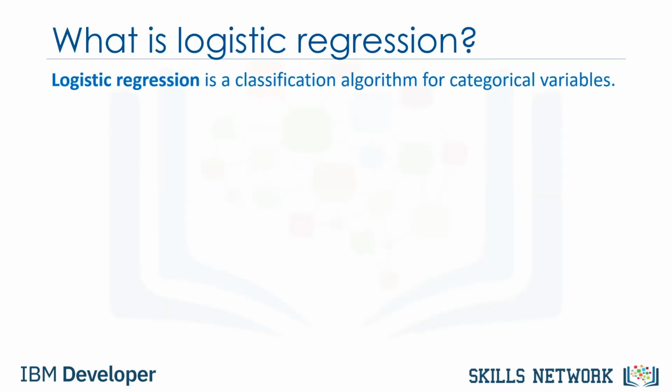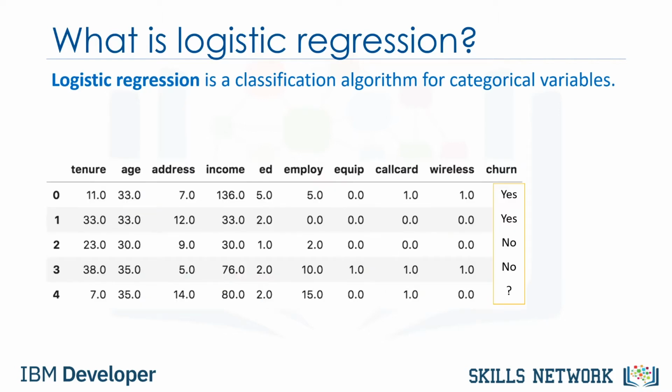Logistic regression is a statistical and machine learning technique for classifying records of a dataset based on the values of the input fields. Let's say we have a telecommunication dataset that we'd like to analyze in order to understand which customers might leave us next month. This is historical customer data where each row represents one customer.